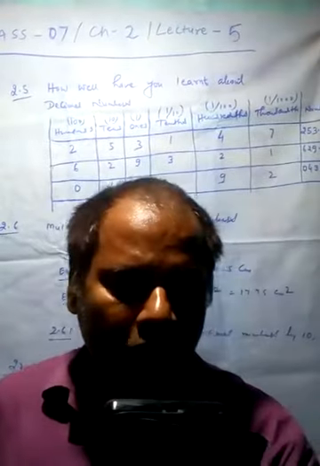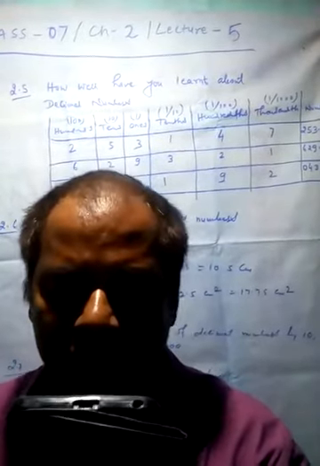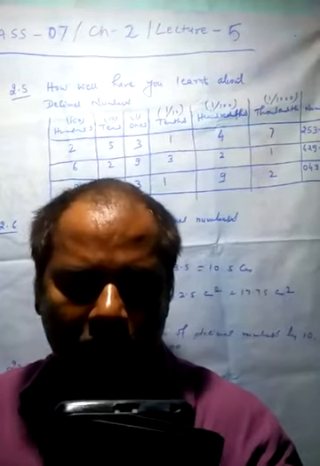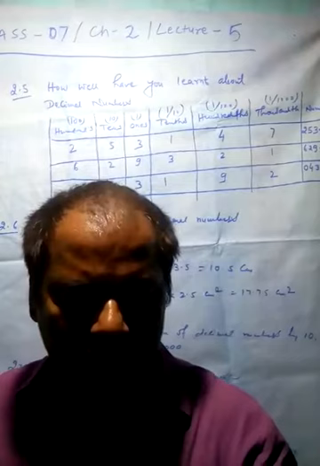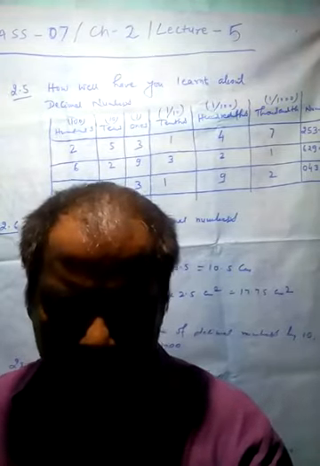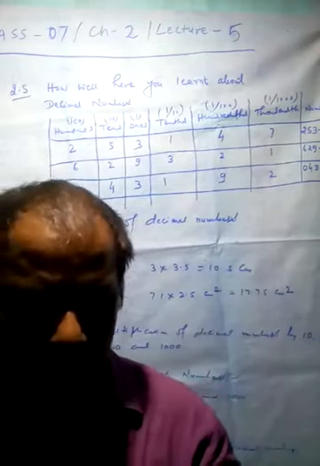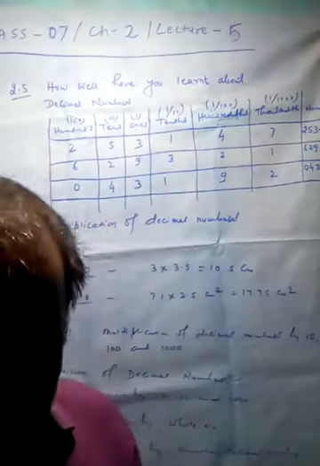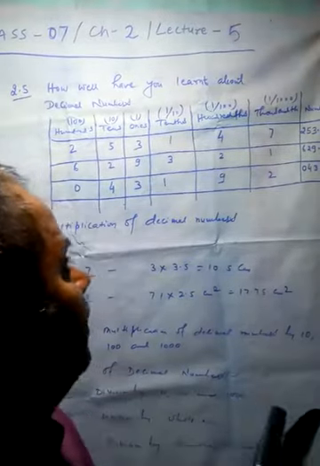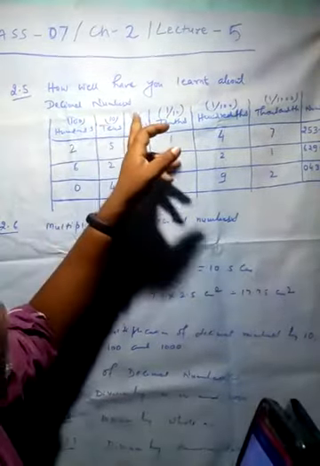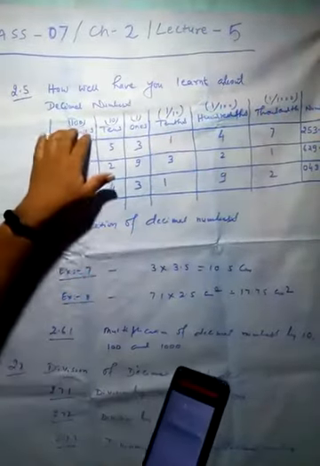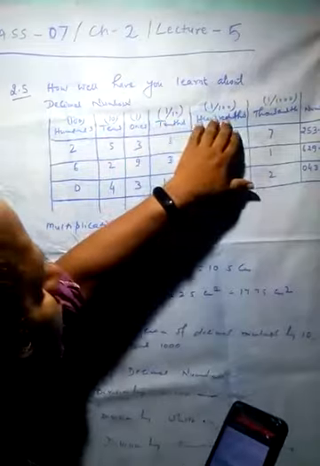Next point is 2.5. How well have you learnt about decimal numbers? You have learnt about decimal numbers in the earlier classes. Let us briefly recall them here. Look at the following table and fill up the blank spaces. Here, see 100, 10, 1, 1 by 10, 1 by 100, 1 by 1000, hundreds, tens, ones, tenth, hundredth, thousandth,